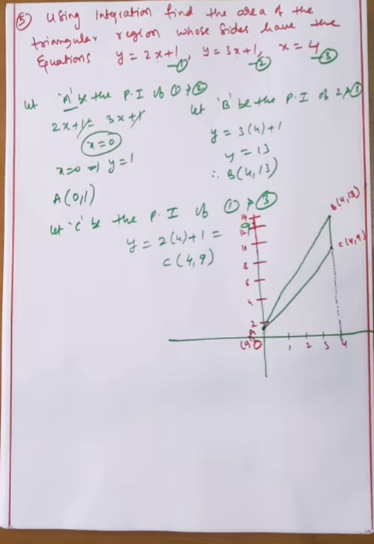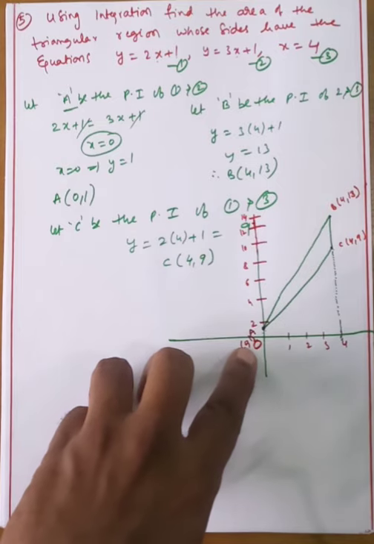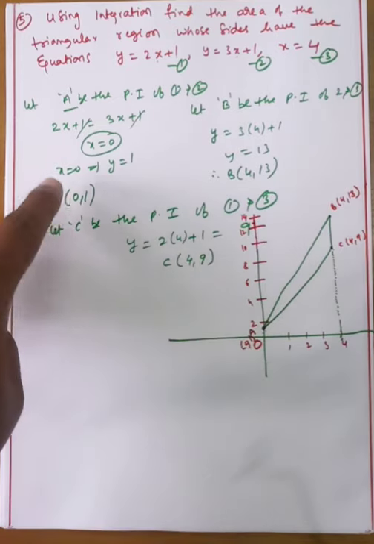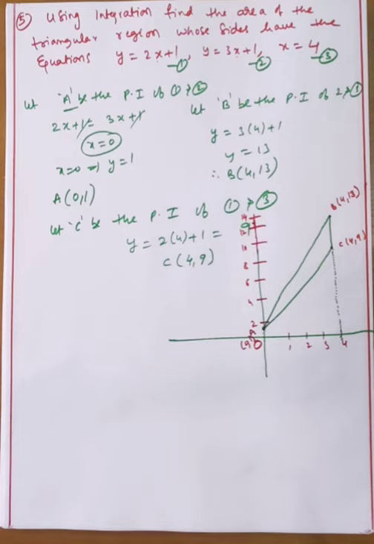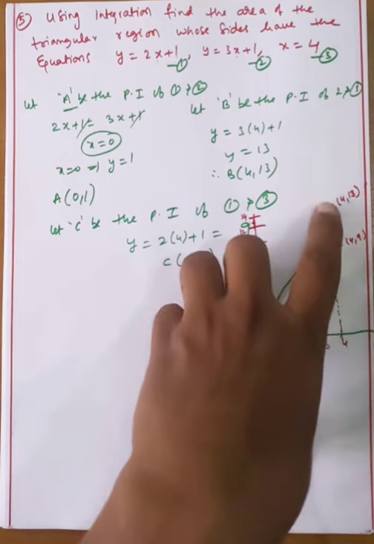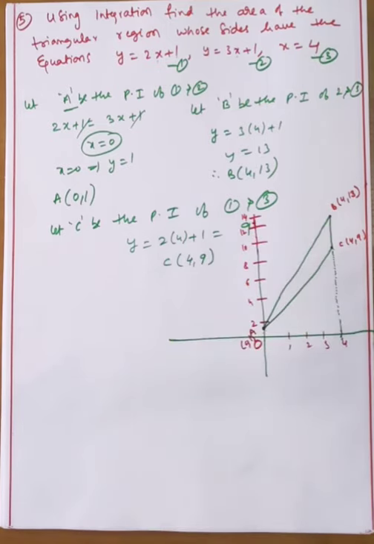AB, point of intersection of AB means what? This is 0 comma 1 and 4 comma 13. Okay, the equation of AB, solving, 0 comma 1 and 4 comma 13. Equation of AC, in this one, what are the equations of that one? Okay, clearly observe that this is 100%. I hope that the BC equation is 100% x is equal to 4. Here clearly given x is equal to 4. What is the equation of AB? 0 comma 1 and 4 comma 13 satisfied.